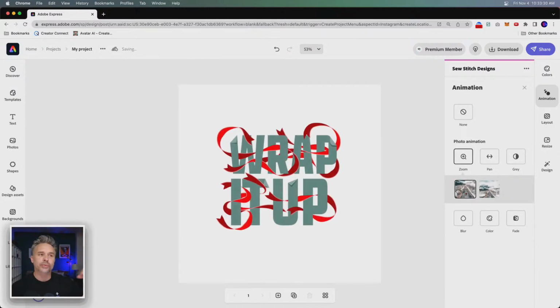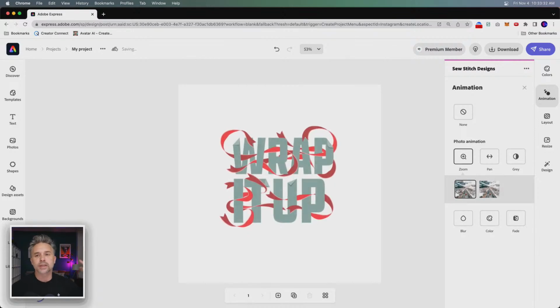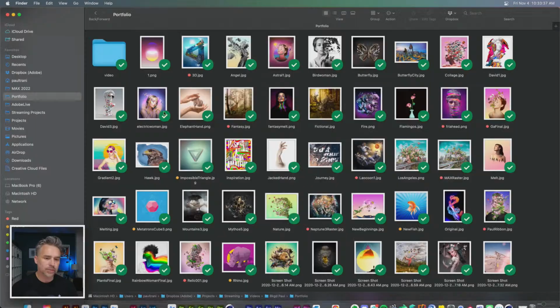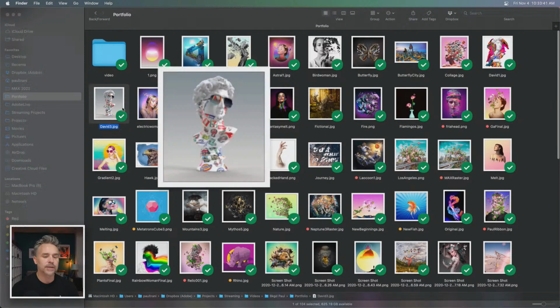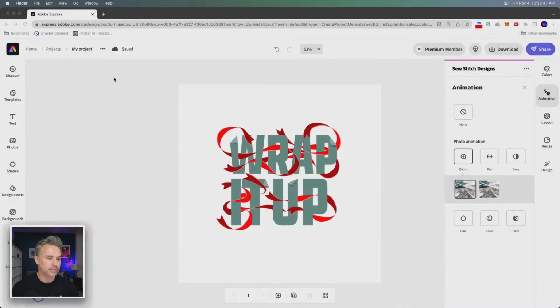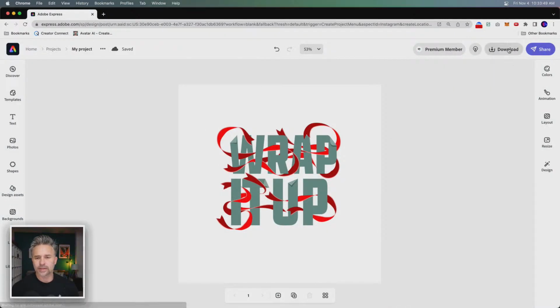But again, we're going through these quick ways to liven up your work or even repurpose it. Because what do you do on Instagram? You spend all this time creating something and then you post it once. How can we get more out of our artwork? I guess that's what I'm saying.